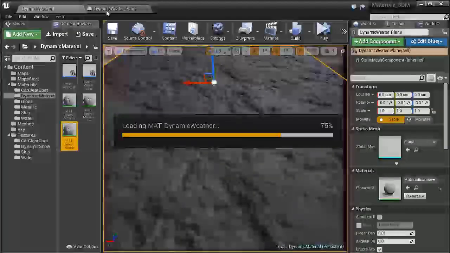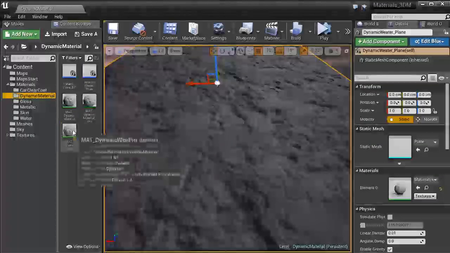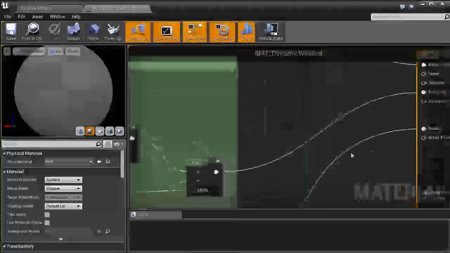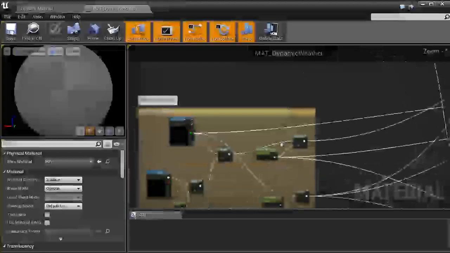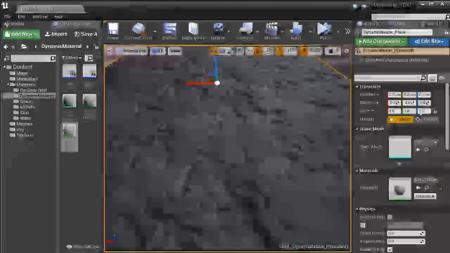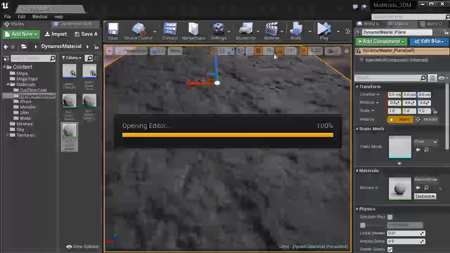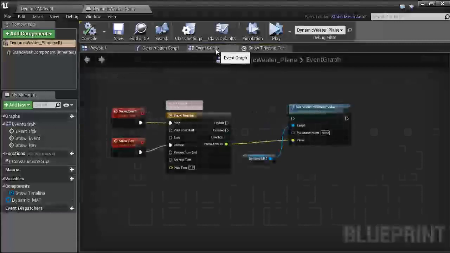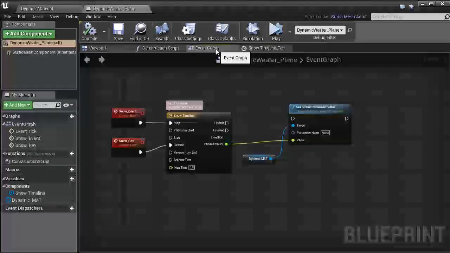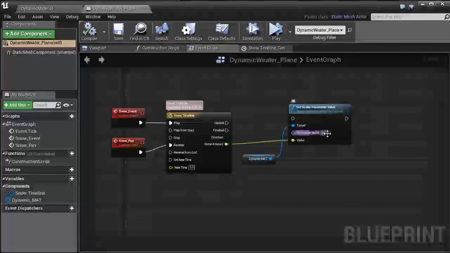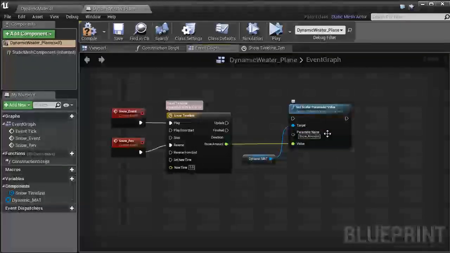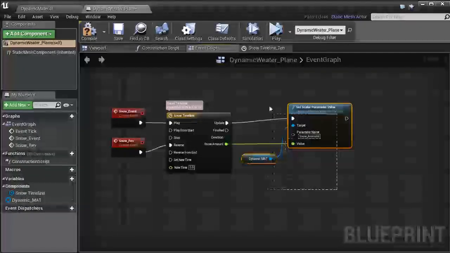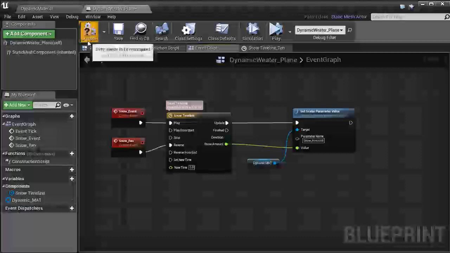So dynamic weather. Okay, so the engine just crashed, so we're going to quickly open up that dynamic material here, and then we want to come over to the control, and then we had snow underscore amount, and then we're going to go back to the blueprint editor. I want to dock that up here. So we know that that parameter name needs to be snow underscore amount. Okay, and then we want to make sure that update is going into there. I'm going to hit compile,